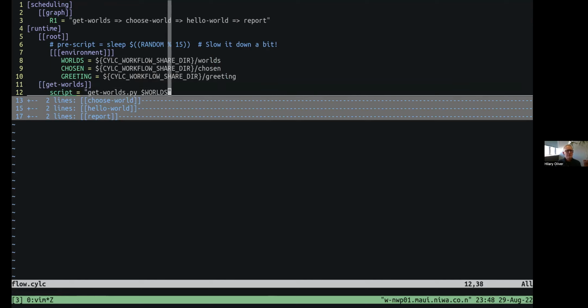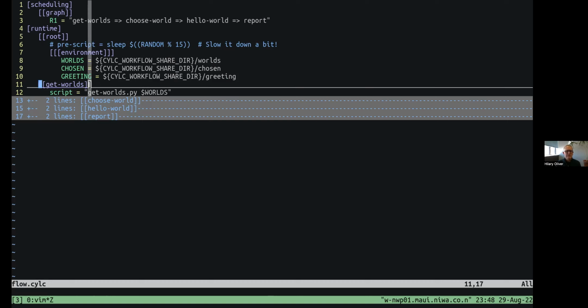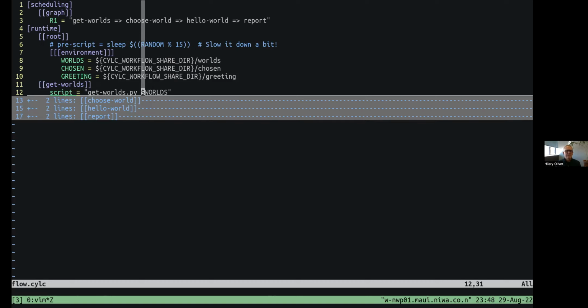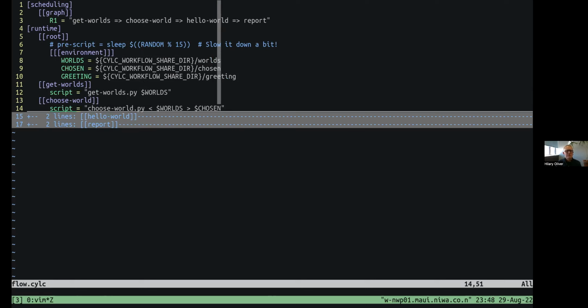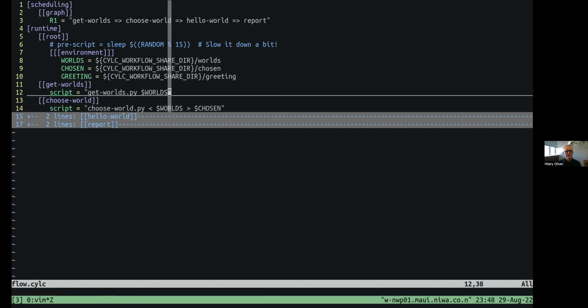All right, so get worlds runs the get worlds program, and remember that program took the output file name on the command line, so I'm using this one. Then choose world reads that file in on standard in and pipes it to the output file called chosen.